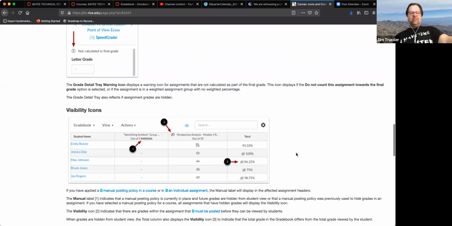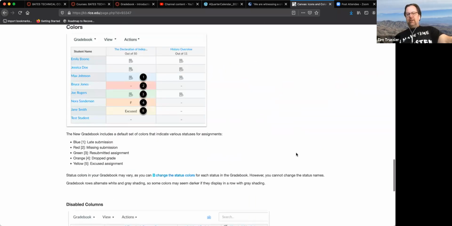It tells you what that is. It even tells you what all the colors are. So this is fabulous. So again, rather than recreate the wheel, what I'm going to do